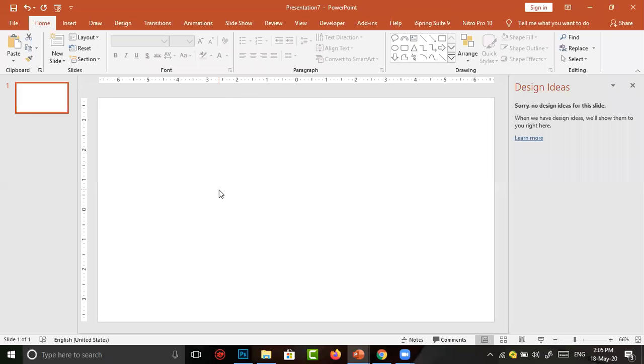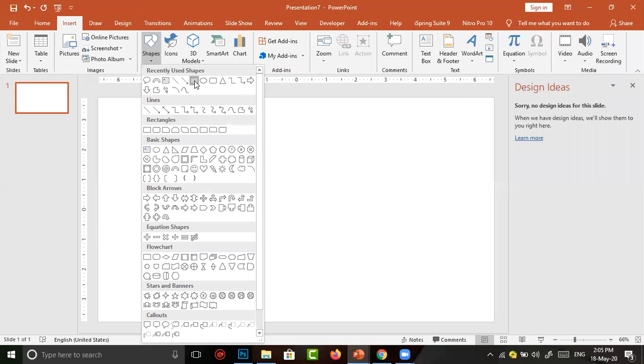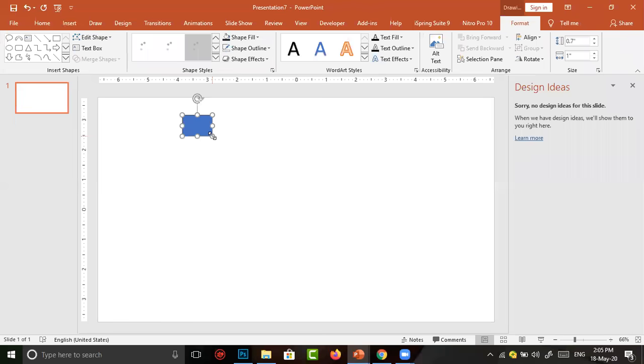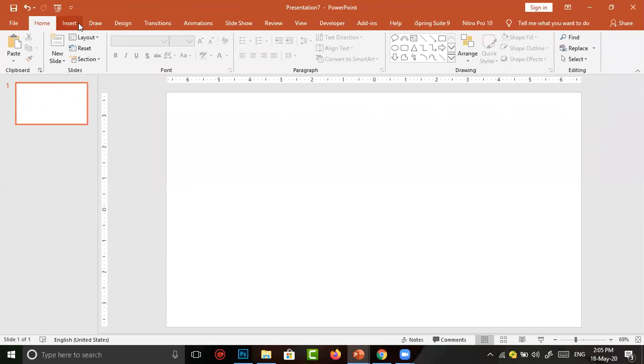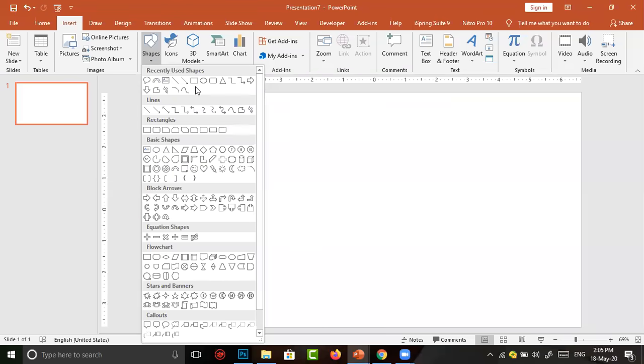What are the things we have seen in the previous slide? First, a box is there. In that box, some content is there. So now I want to create a text box. Here, instead of a text box, I select a shape. I'm going to insert a shape. To insert anything into our presentation, we should go to insert. In insert, I go to shape, click on shape. Then I take a rectangular box there.